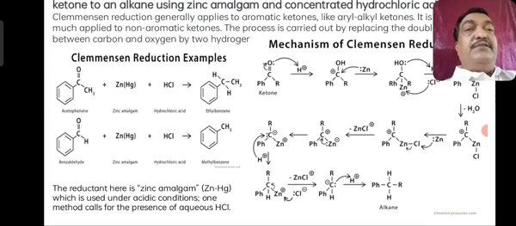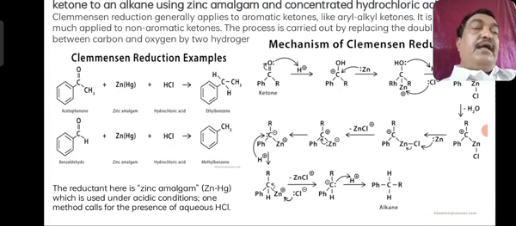Sometimes a mechanism may be asked of you. Write the mechanism of Clemmensen's reduction. Simply, you can take either benzaldehyde or acetophenone and subject it to reduction. On reduction in the presence of zinc amalgam and HCl, it reduces to the corresponding benzene-containing hydrocarbon, and this carries out a